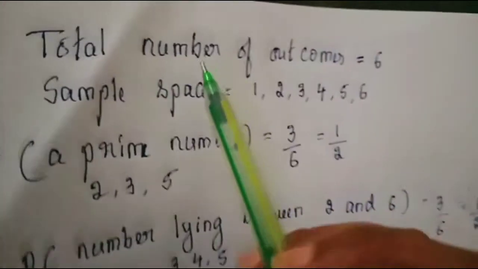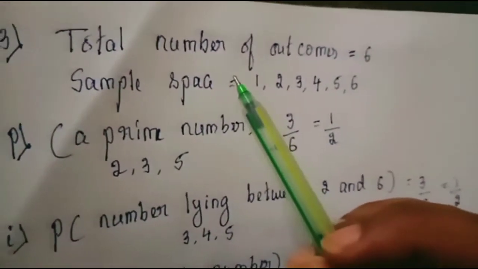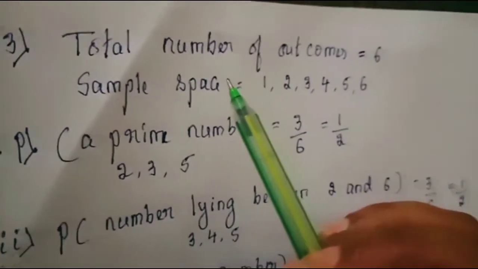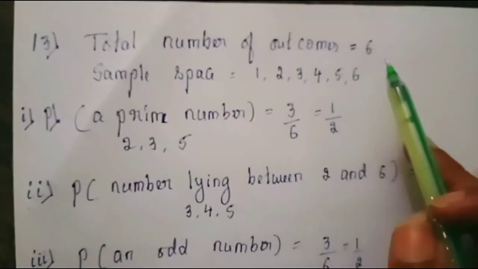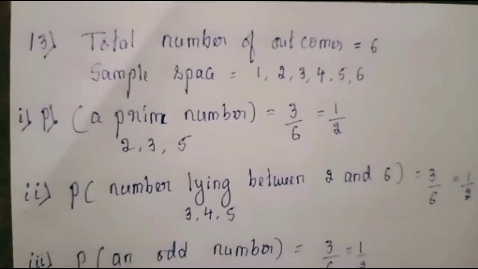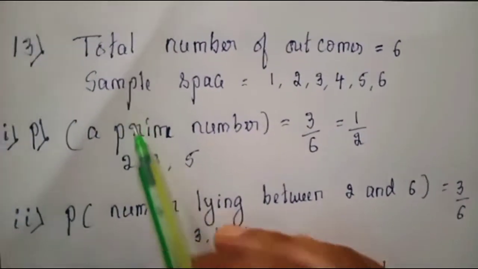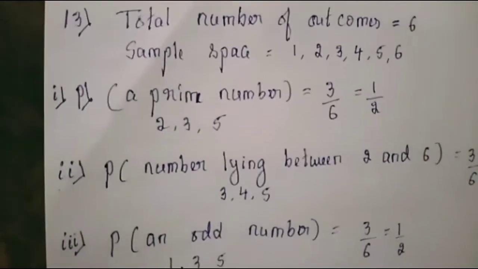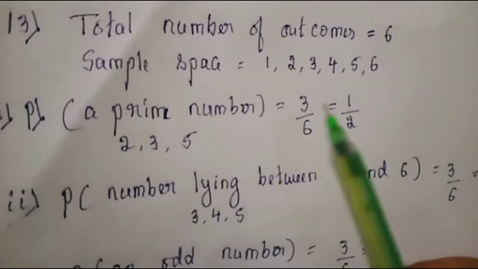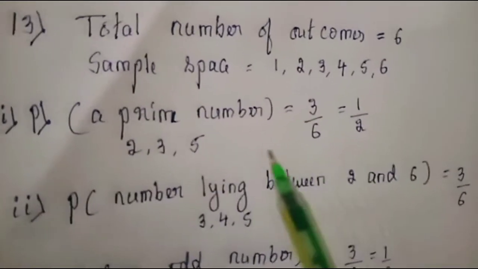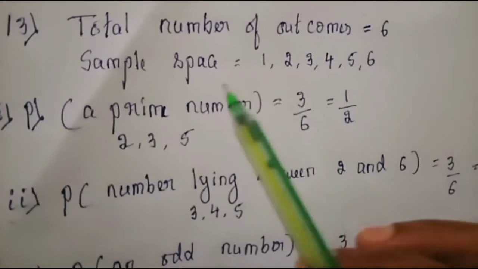So given it is a die, how many outcomes do you have? Because a die has 6 faces, the outcomes are 6. The total number of outcomes in a die is 6. And here I have written one new word, that is called sample space. They may ask you for 1 or 2 marks, what is the sample space when 3 coins are tossed, or when 2 dice are tossed at a time? So outcomes are nothing but sample space.